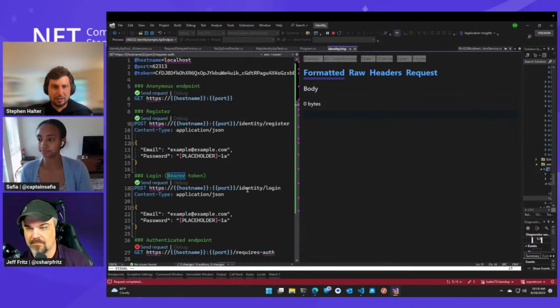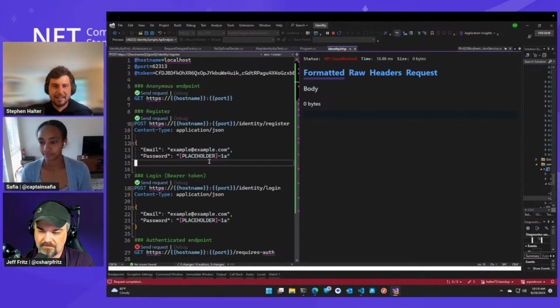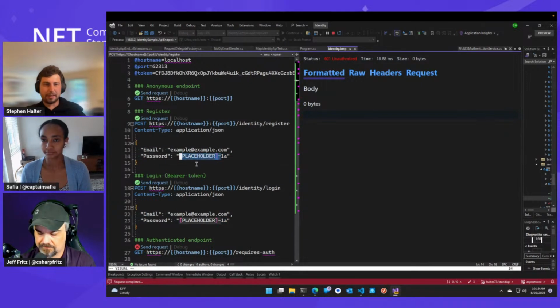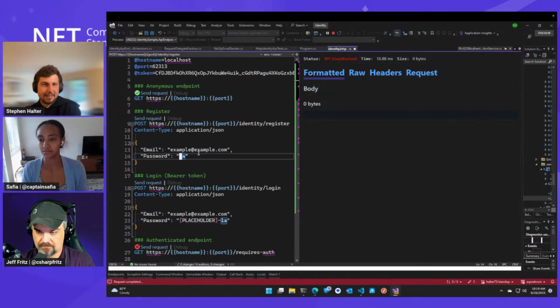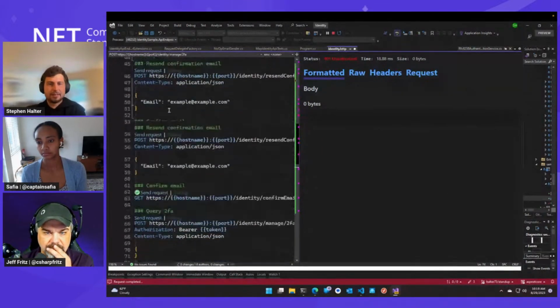You see that we got this 401 earlier when we hit that authenticated endpoint. So how do we log in? First we have to register. You can see I've already set up some pre-canned requests here. I'm going to use example@example.com, and this is a password that meets all our requirements. So if I was to send this request and not have capital letters or something,